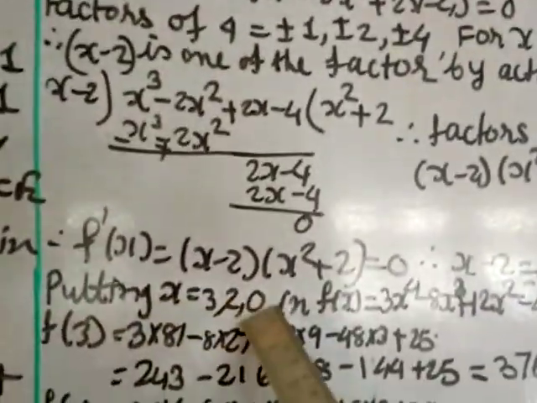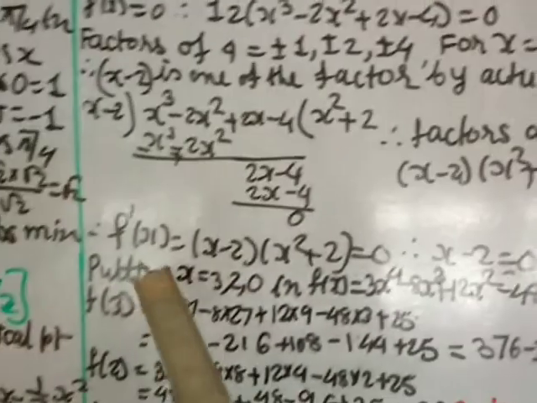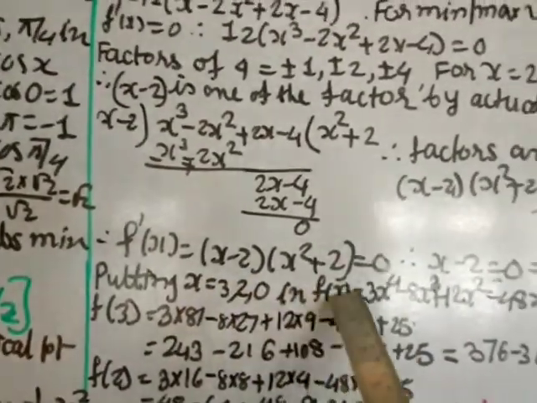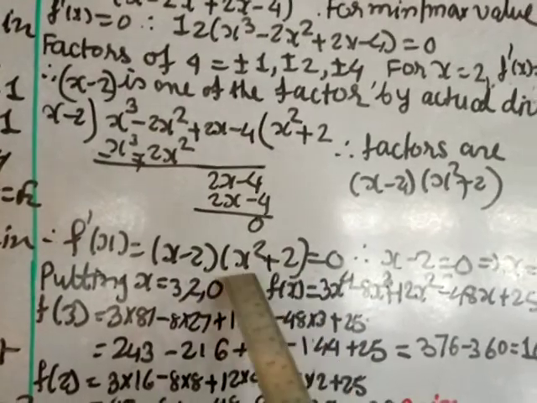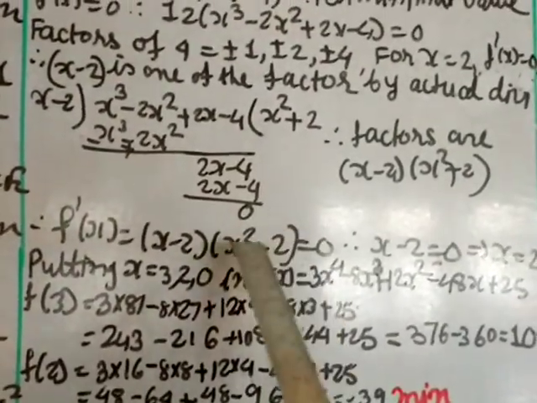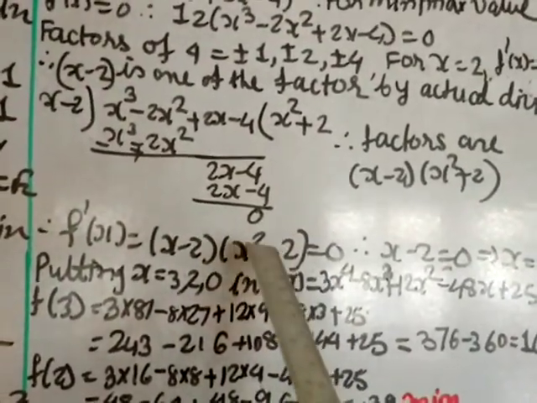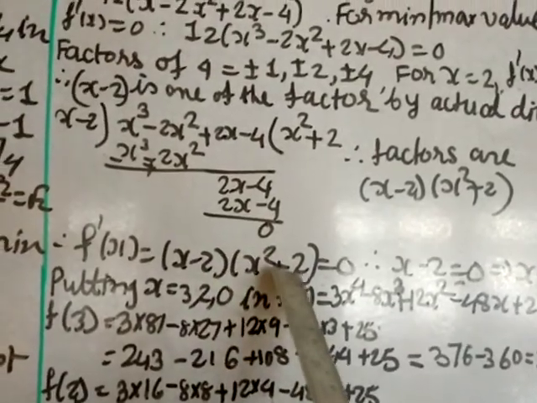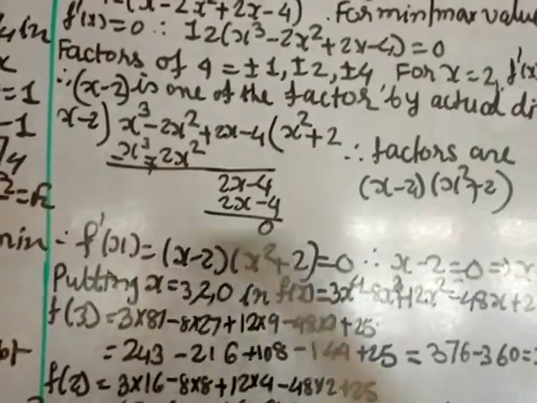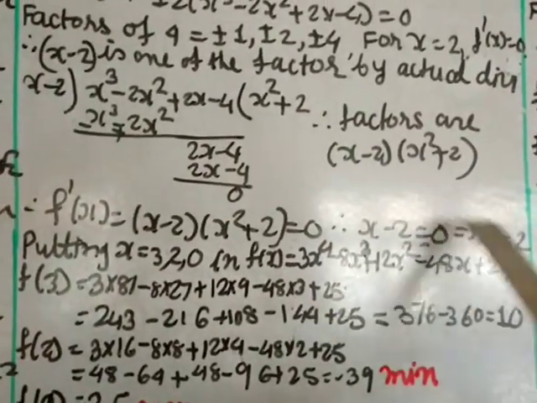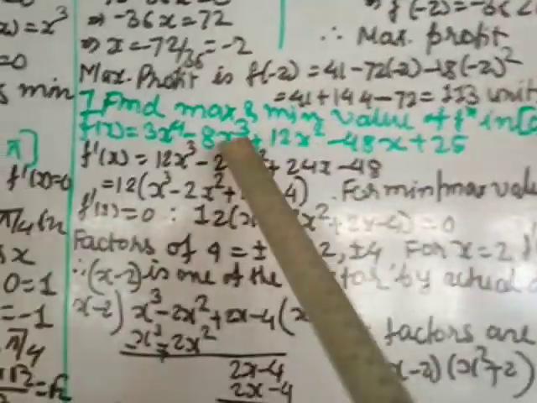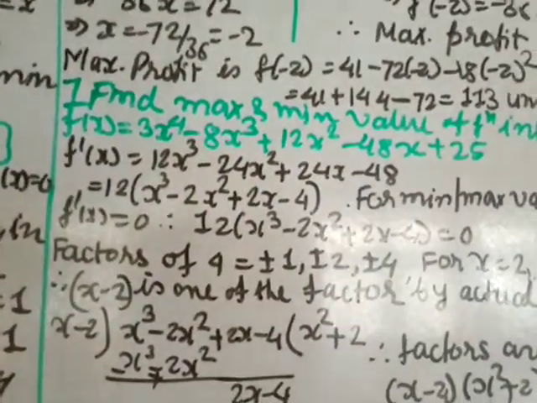Now for f dash x, I have written here f dash x is equal to x minus 2, x square plus 2 equal to 0. But see, x square plus 2 cannot be equal to 0, because if I equate it to 0, I will get x square as minus 2, which is an imaginary number, so we have to neglect it. So I will consider only x minus 2 equal to 0, so you get x value as 2. Now I will put 2, then I will put 0, and 3, all these in the function and find the maximum and minimum value.